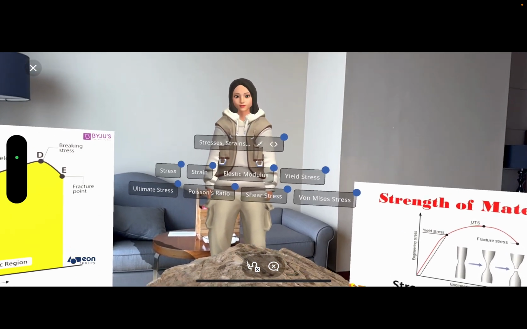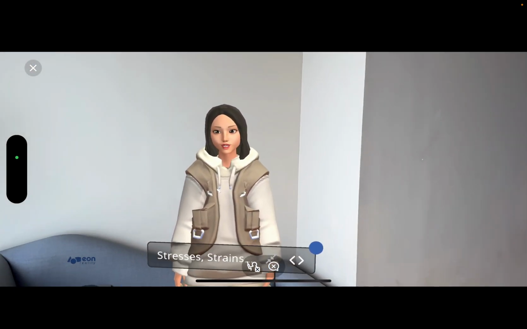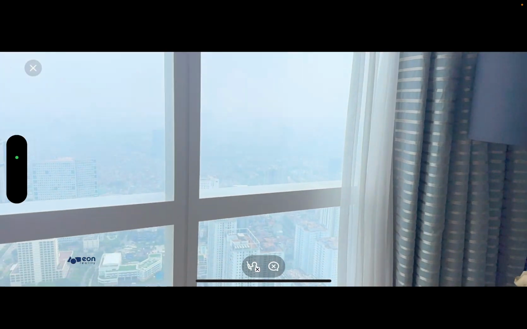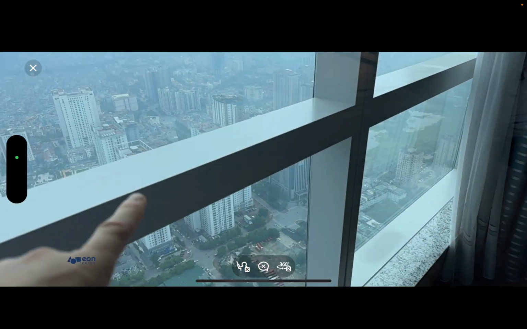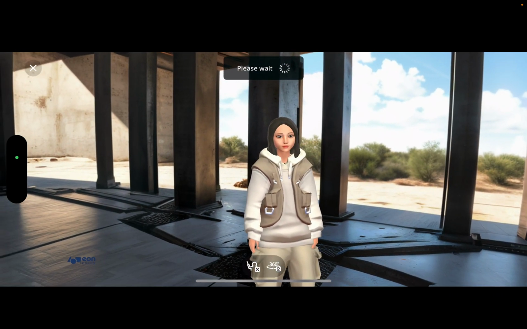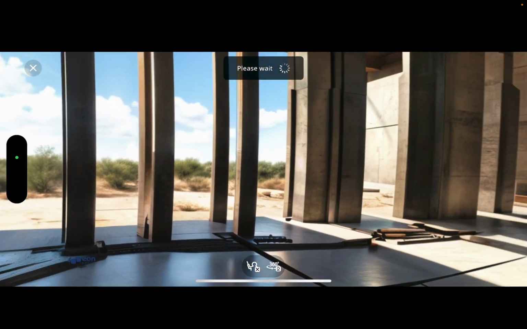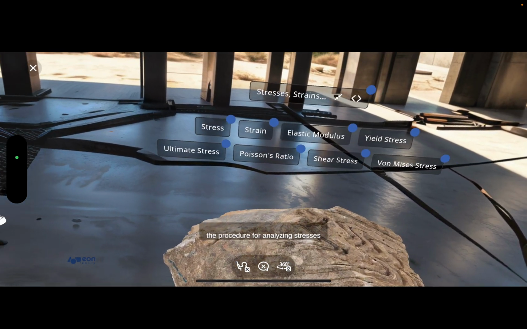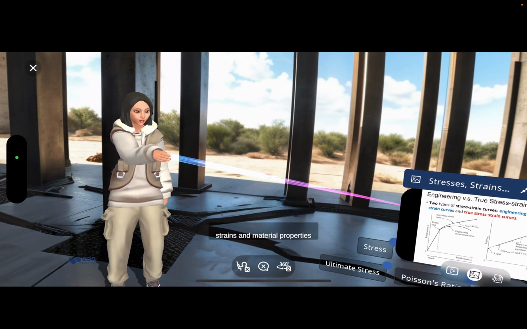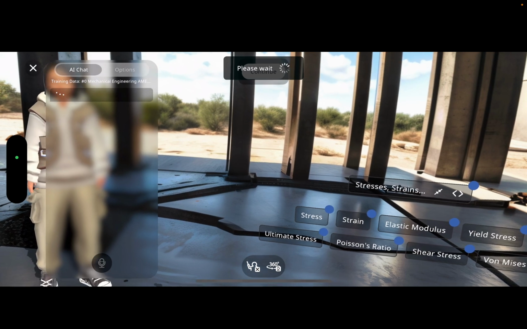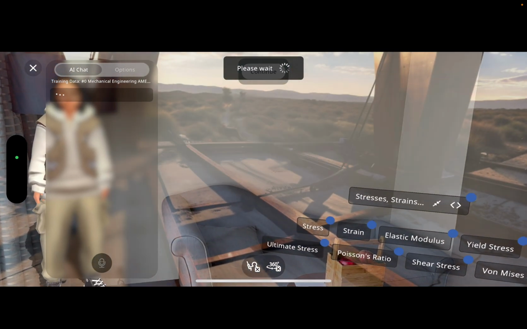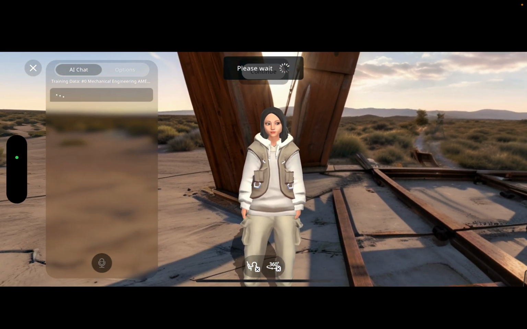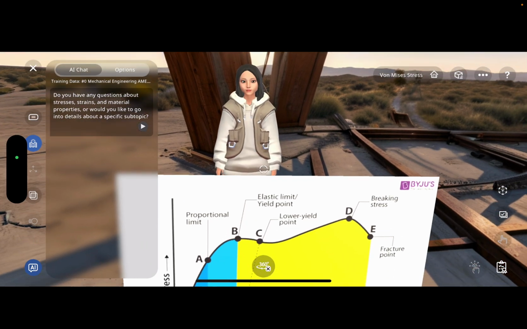Hello. This is an experience about stresses, strains, and material properties. So I'm walking here. And you can see that next I will explain to you about plastic deformation. But now suddenly I'm not on the 63rd floor, I'm in this stress environment with the procedure for analyzing stresses, strains, and material properties. And she's going to continue. I can also switch the environment to this structure. I can also end the instruction and go to